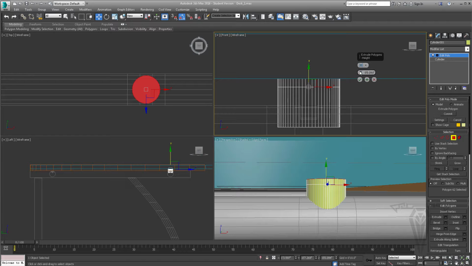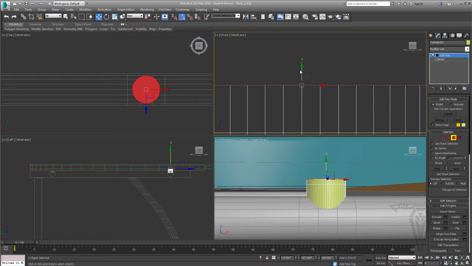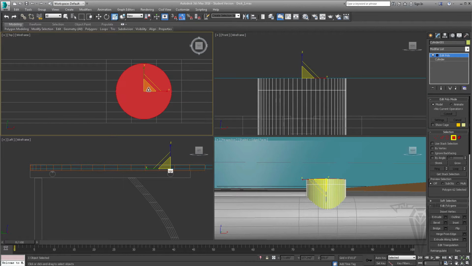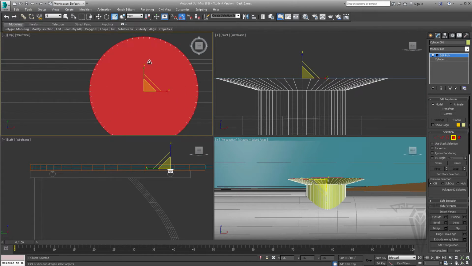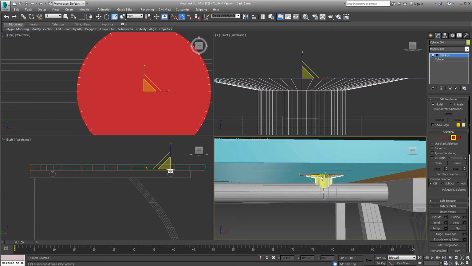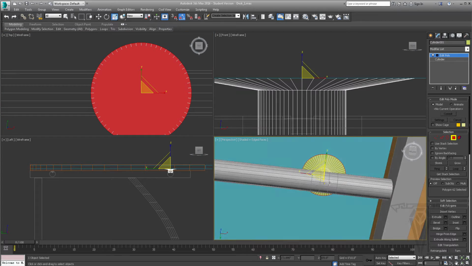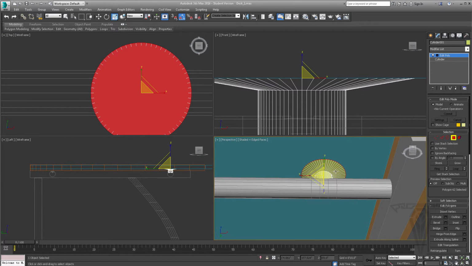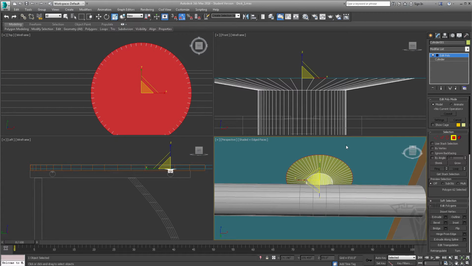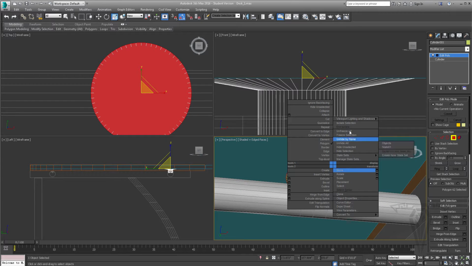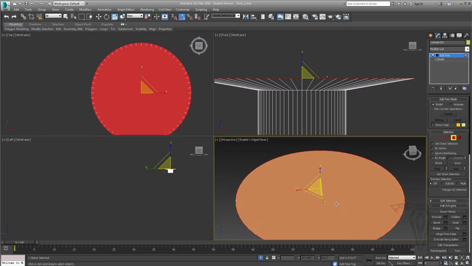increase the amount, click the check mark, zoom in here, bring it up just a little bit more, something like that. Go to my scale tool, which is R on the keyboard, and scale it out. That's probably big enough, maybe a little bit bigger. Okay, it's looking good to me. So let's go ahead and isolate this guy. I'm going to right click, isolate selection, because I want to create the lip